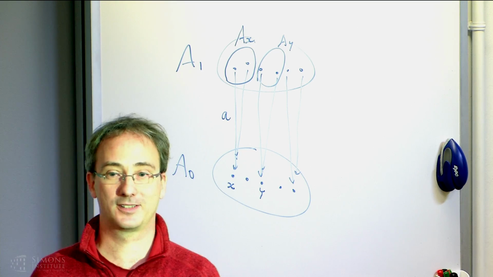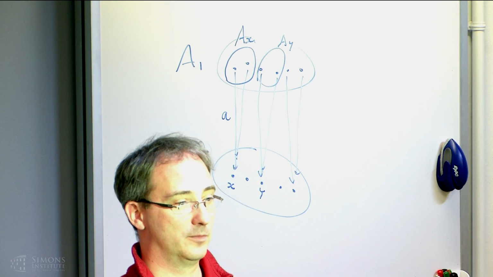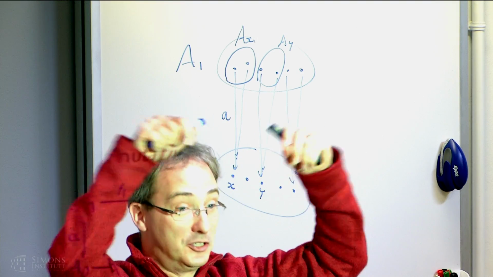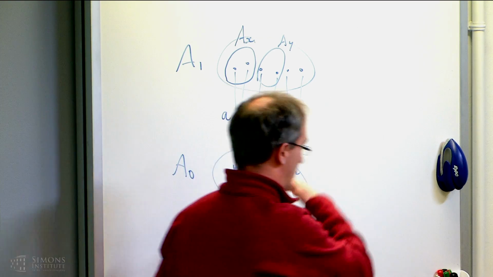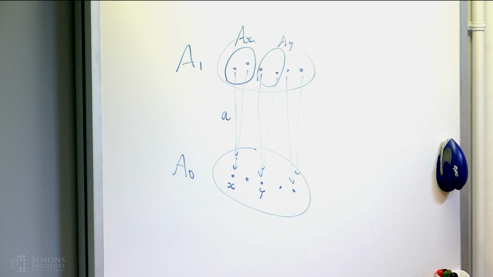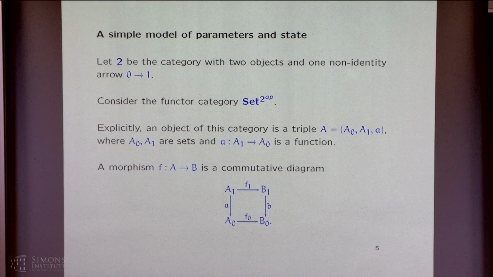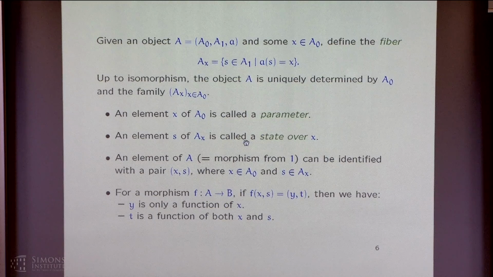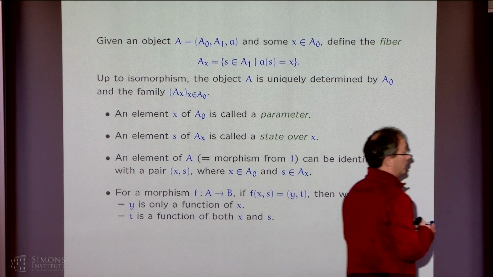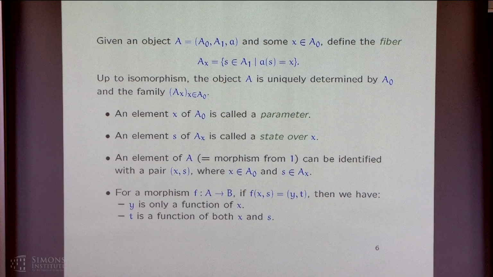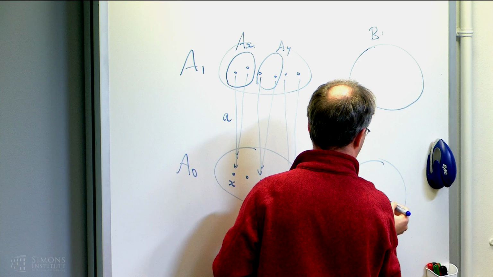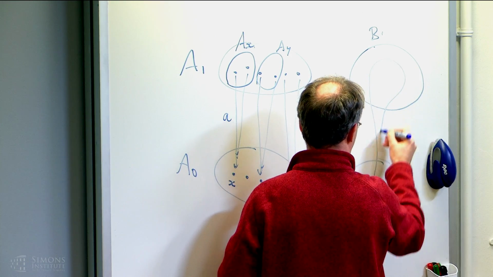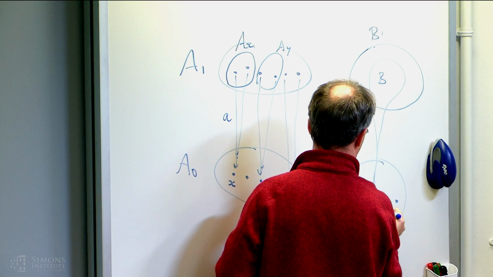For example, if the parameter is the length of a list of bits, then if the parameter is 5, you have 32 elements, which are all the bit lists of length 5. But if the parameter is 6, you have 64 elements, and so on. So we have state and parameters, and I have this on the next slide, but without a picture. Okay. So this fiber A sub x, and then the interesting thing is how we think of the morphisms now. So suppose you have another one, B. B1, B0, right? Here's another bunch of states, and they also have fibers, like B sub z, okay?